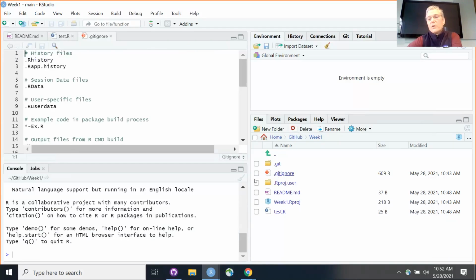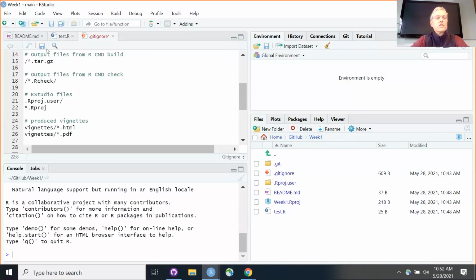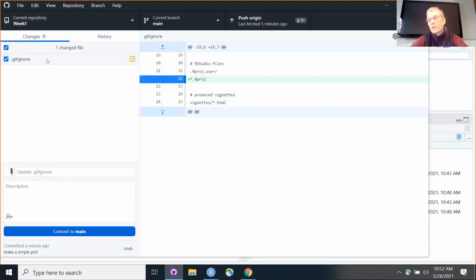If you click gitignore, these are all the things it's not pushing up to GitHub. And you can see it's not getting your history, and it has this entry for RStudio files. I don't know why it doesn't include the Rproj file. But if you add star dot Rproj, save that. Let's go back to RStudio Desktop. You can see the Rproj has disappeared because we told it to ignore those, and it appeared right here. So now I'm just going to say,